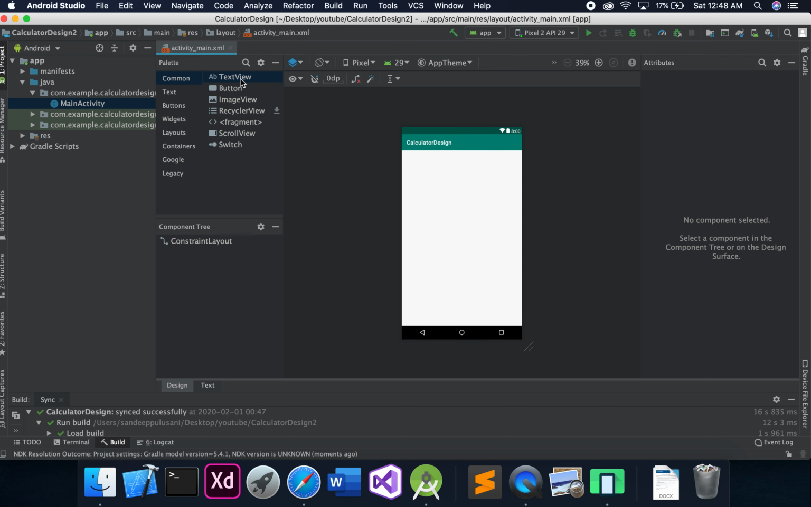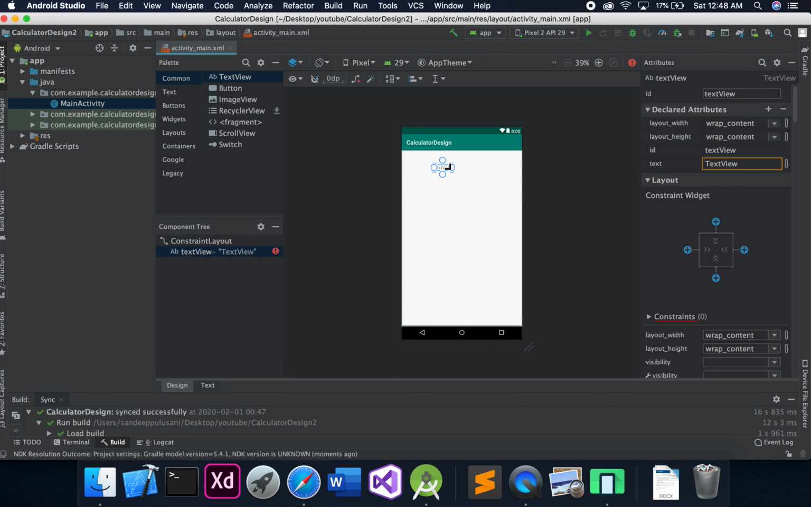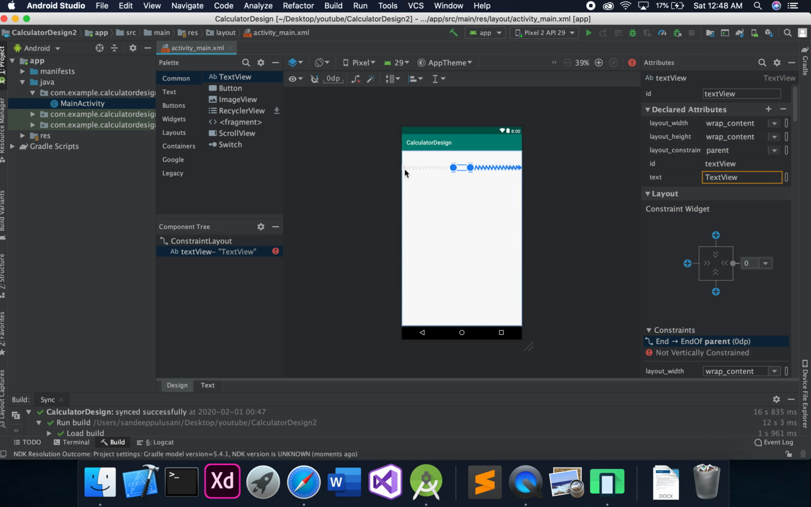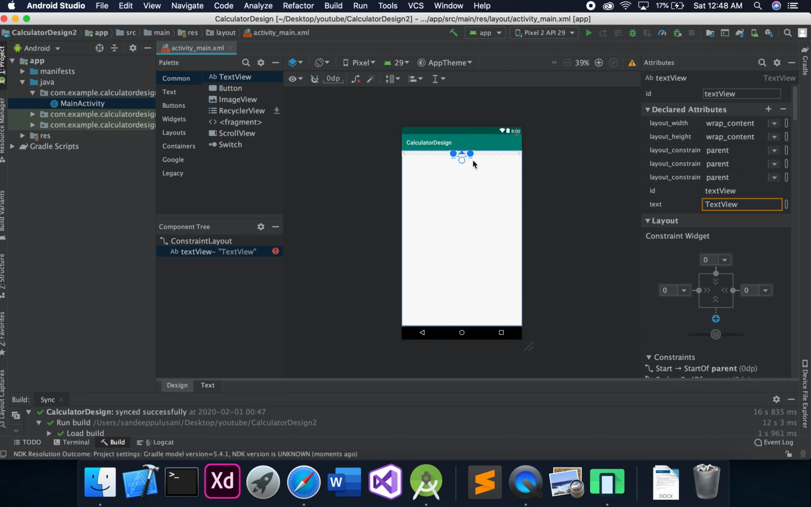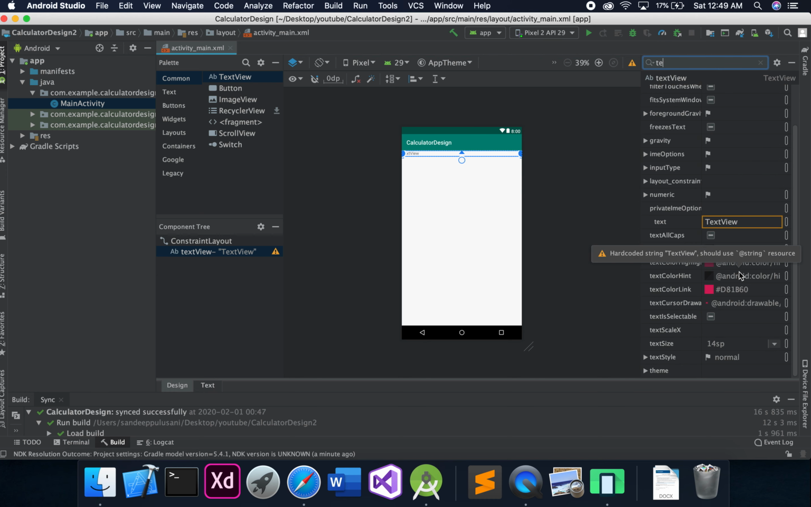So I'm starting by adding a text view. Click on text view and drag it here, and let's give some constraints. So I'm taking it as right, left and top, and I also want the text view to take up the whole size of the width. So I'm clicking here and I choose match constraint, and I want to increase the size of the text view. So I'm searching for text size here, and I want to give the maximum of 36, and I want to change the text to 0,